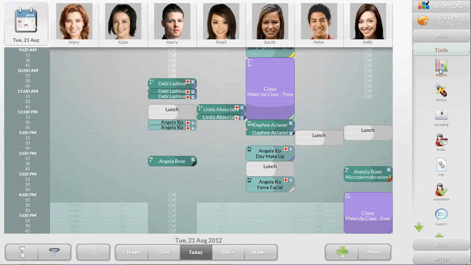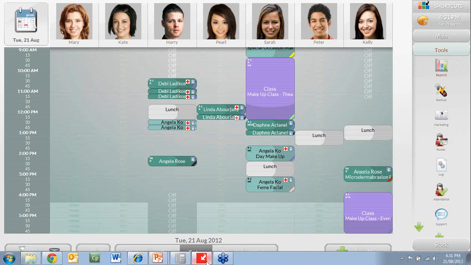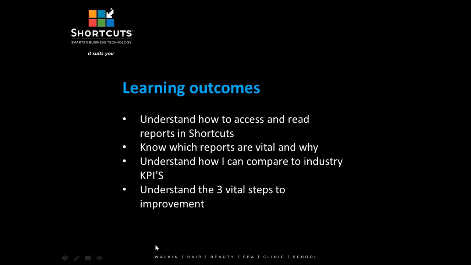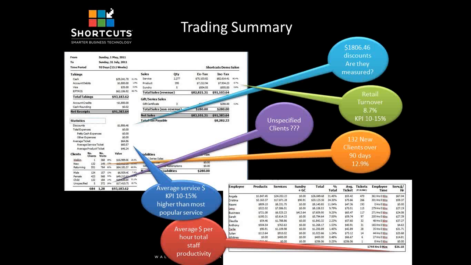Shortcuts. So I'm actually going to do the rest of this presentation back in the PowerPoint because I've saved some reports and pointed out some different bits of information that you might find interesting. Okay, so I'll scoot to the next page, and the first one I want to talk about is the trading